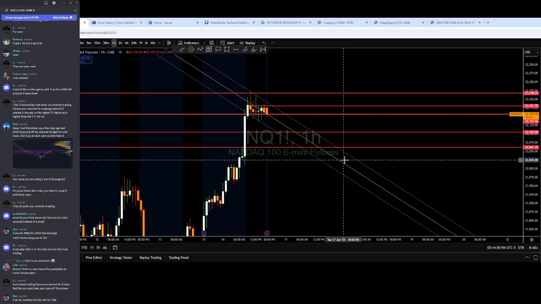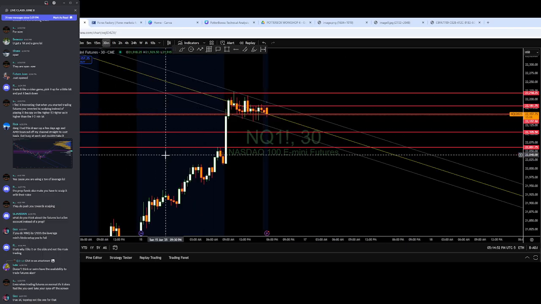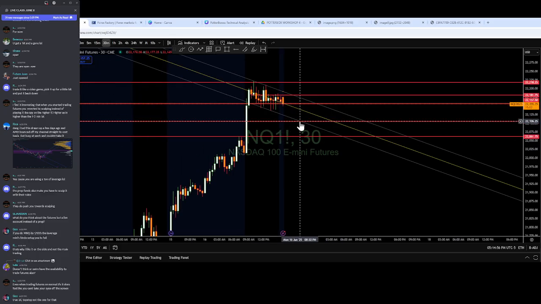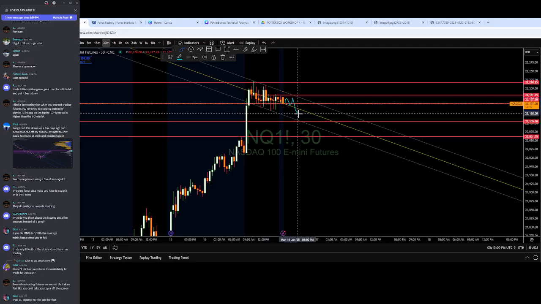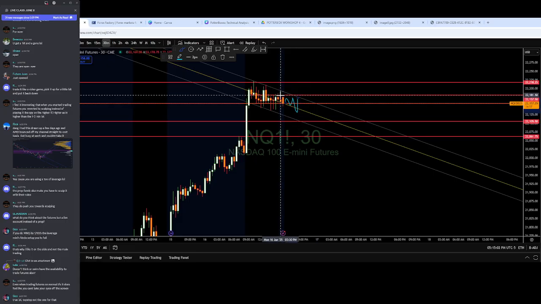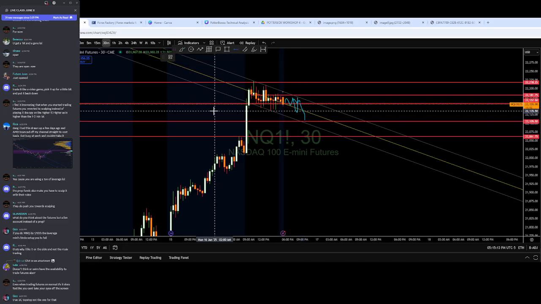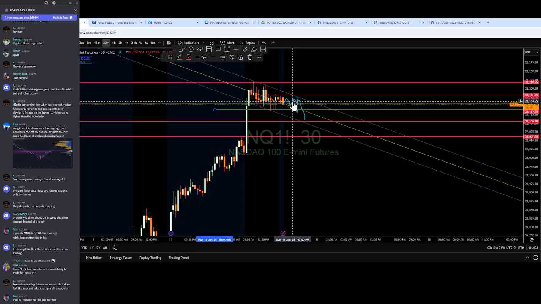So let's go to the hourly. So if that's the target, one could speculate that you're going to keep going sideways. Instead of going up to touch that target, you're going to keep going sideways potentially, and then you'll drop to it if it's going to happen all in one move. And that would mean that you're probably going to end up bouncing.